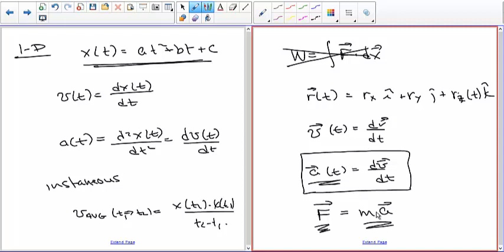Okay, so that's pretty much it. I haven't put any integration. So there will be a calculus-based physics final, and I'll put some integration stuff on that. So don't think you're not going to do anything